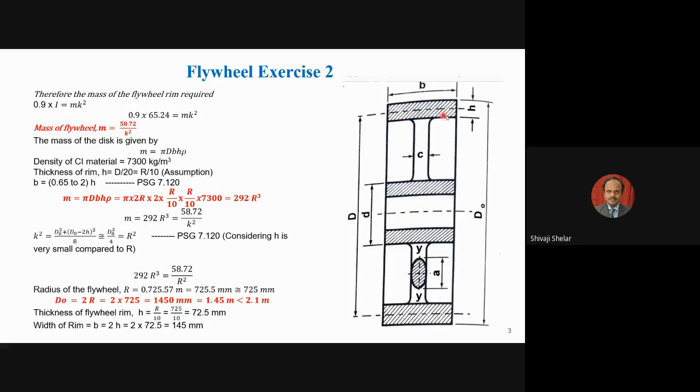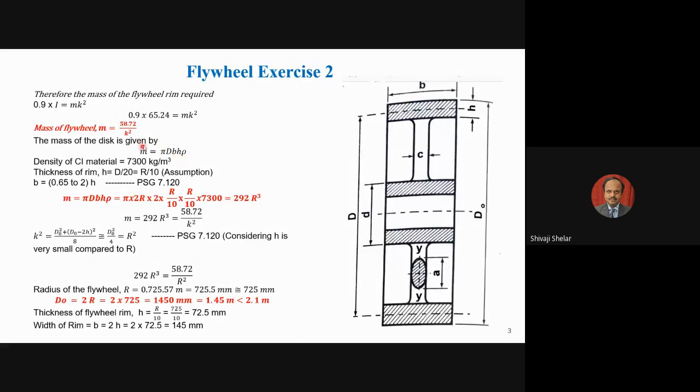So you have a plate having cross section b by h, and having a length equal to the perimeter of the circular geometry d, that is, perimeter is equal to pi d. So pi d b h is the volume of your rim. Multiplied by the material density rho, you will get the mass of that rim. So this is the mass of the rim based on the moment of inertia requirement, and this is the mass of the rim based on the geometry.